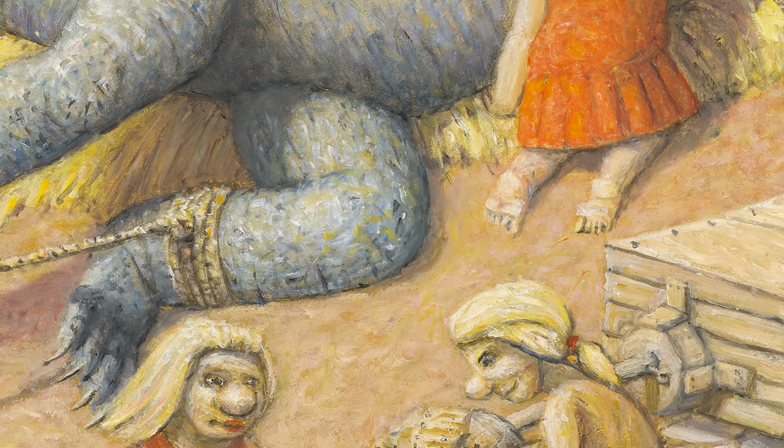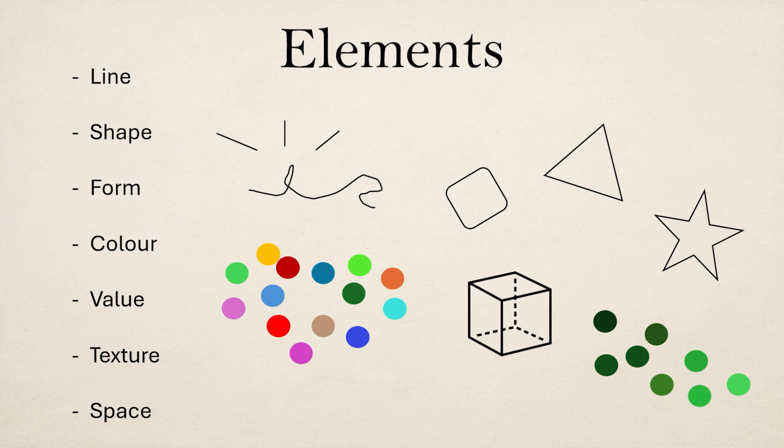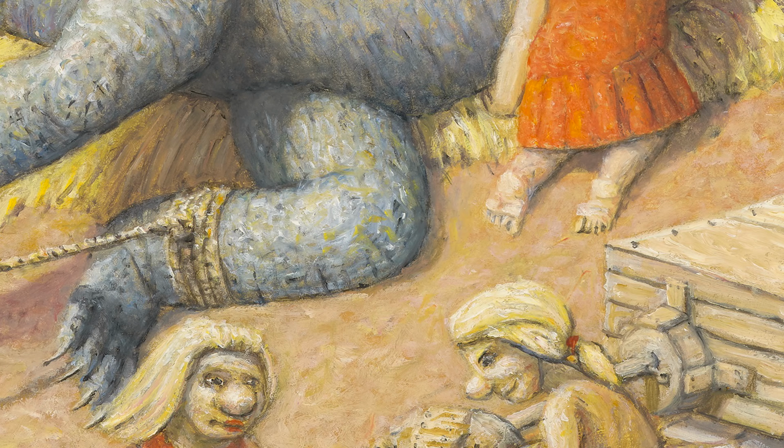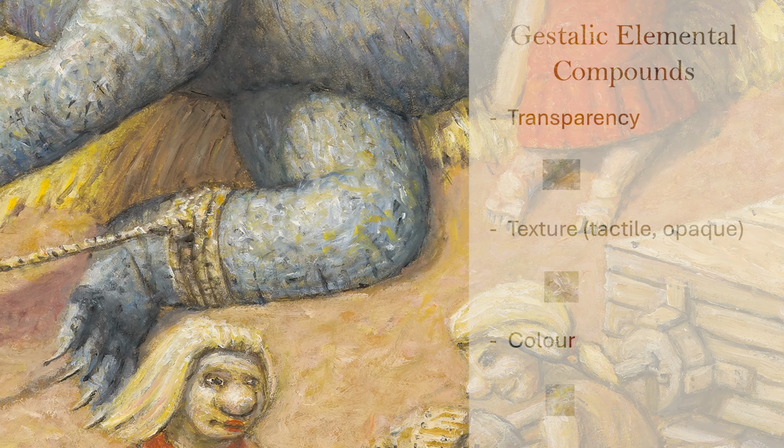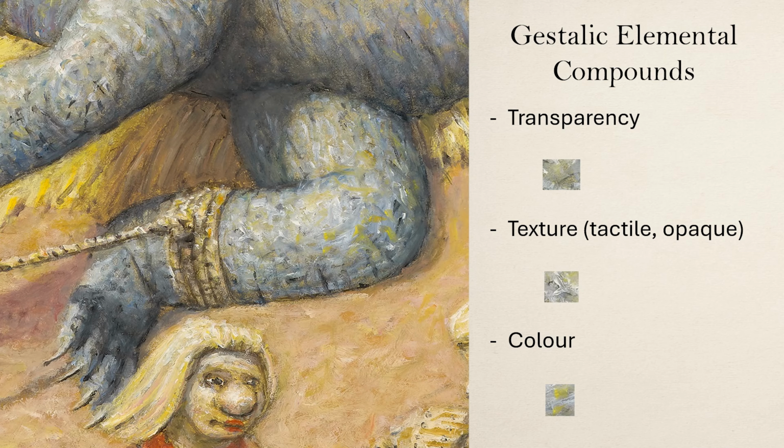Let's consider that elements, as I described at the start of the video, don't really exist in reality. They are theoretical only. This is because they are never singularly divisible. You can't have the element of colour without also having the instant of colour bounded by shape and size. No element is singularly divisible. It is itself a compound of sorts, and a mark or instance on a canvas, for instance these instances of transparency, tactile opaque texture, and colour, are actually what might be thought of as kinds of